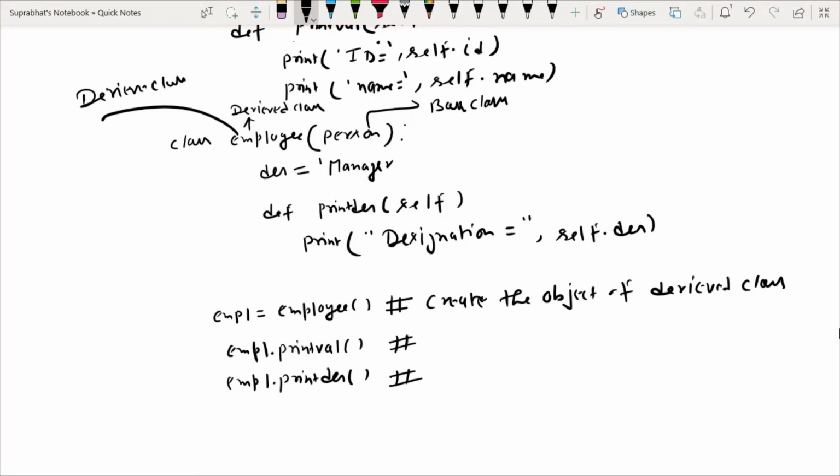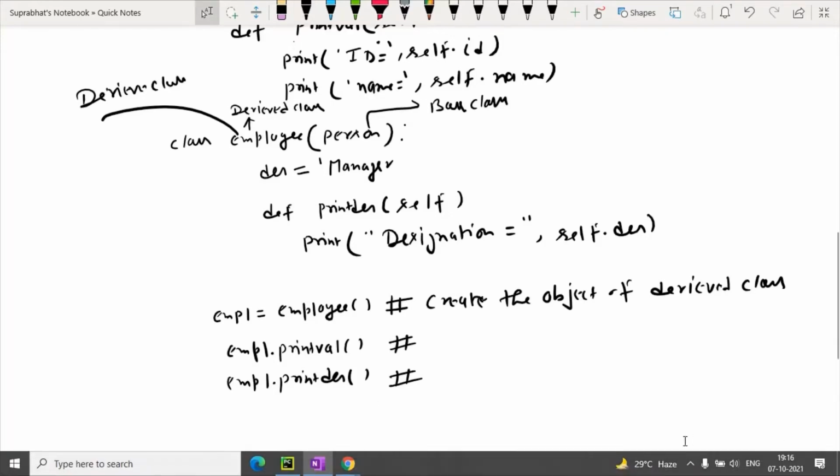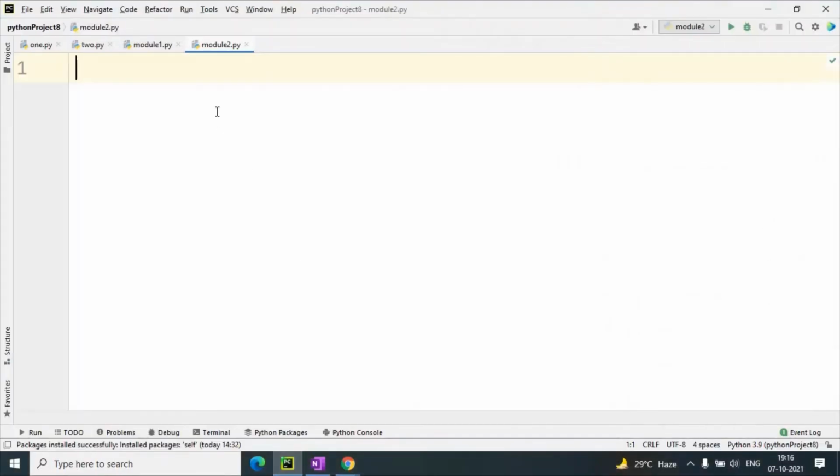So this is about single inheritance. I am going to give you a practical implementation so that you will understand it correctly. So we are going to PyCharm, Python script to create single inheritance.